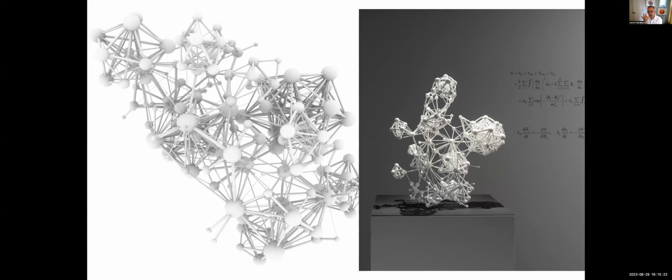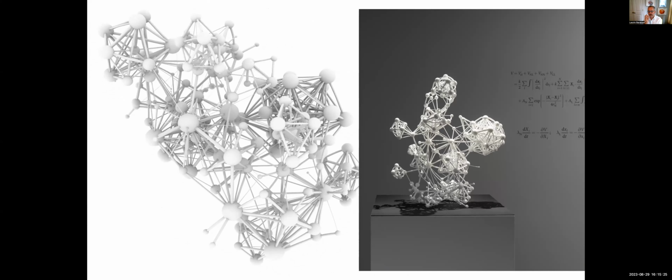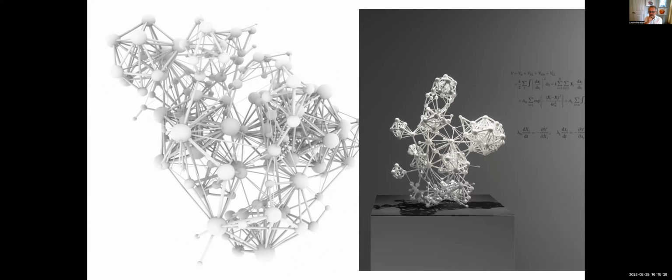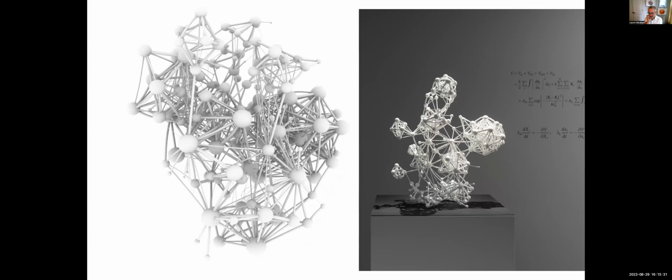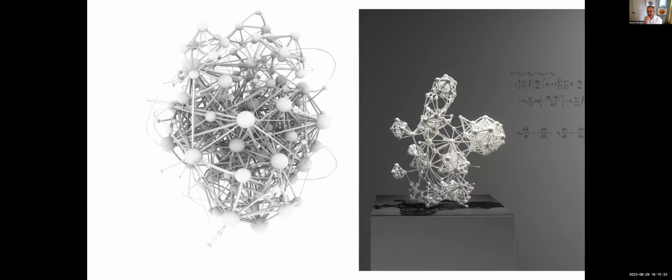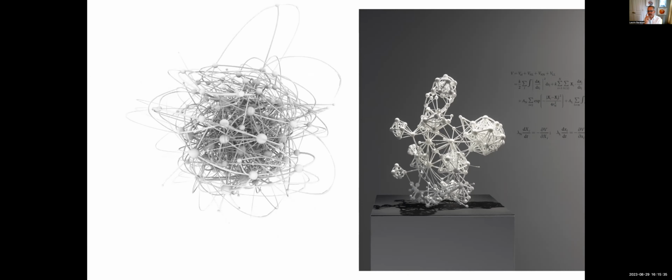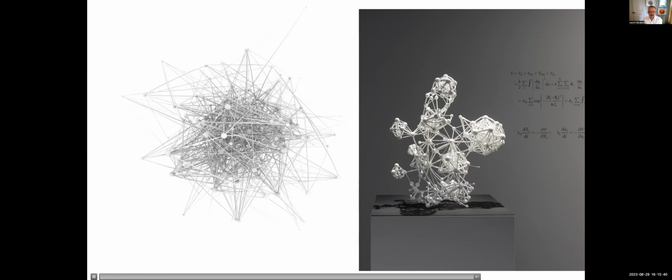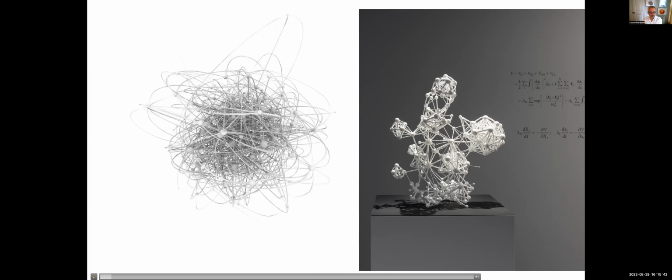Now, one of the questions is, why do you want to lay it out in 3 dimensions versus looking at the 2D map that you showed? Well, one of the reasons is that in 2 dimensions, in general, links must cross each other. You cannot lay out a network without link crossing, but there are mathematical theorems that tell us that in 3 dimensions, any network can be laid out without links crossing.